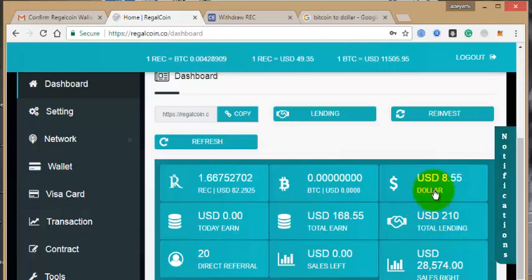then you see the amount that you'll be earning will now be coming here every day. This guy is earning a minimum of $3 every day, because he invested $210. So any money every day they are paying is money here. Once your money is here, you can now transfer it. Once you have like $10 on this USD balance, you can now convert it to Rega coin, so that anytime Rega coin is increasing in value, this one will be increasing.